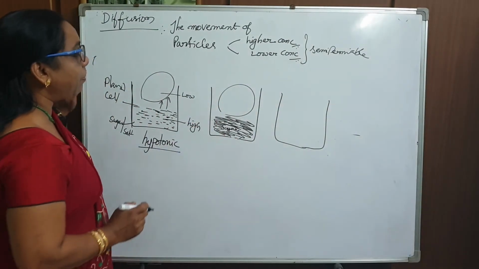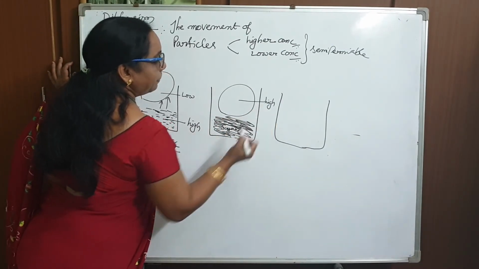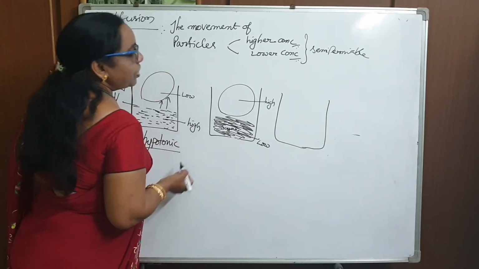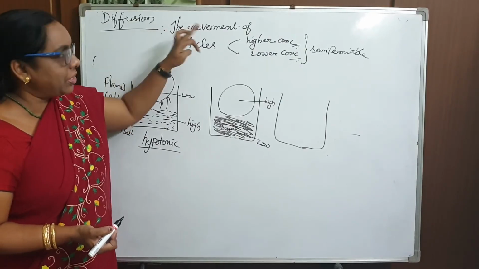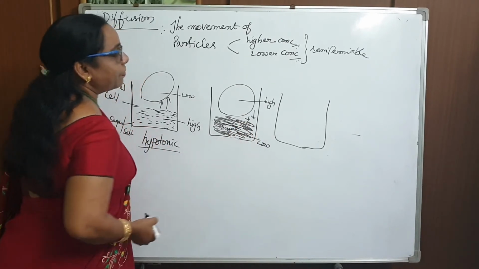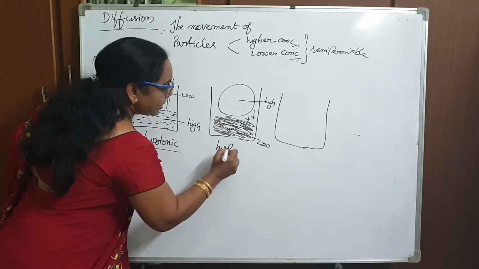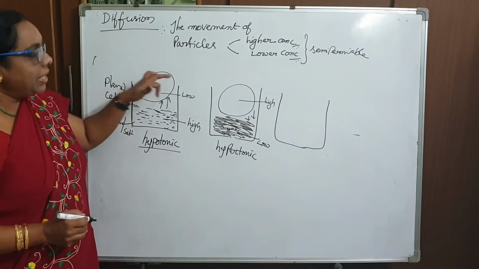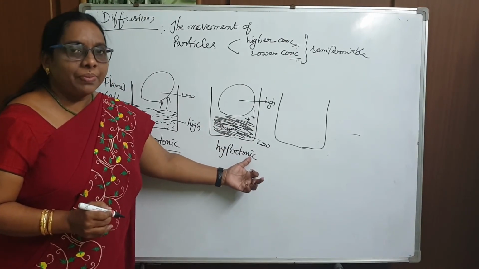Just let me explain about the water concentration. The water concentration in the resin will be high. The water concentration in the beaker will be low. So now what is happening here? In any case the movement is the same, diffusion: moving the particles from higher concentration to lower concentration, high to low. Such a solution we'll call a hypertonic solution. One is from media to cell and the second one is from cell to media, called a hypertonic solution. Is it clear, children?